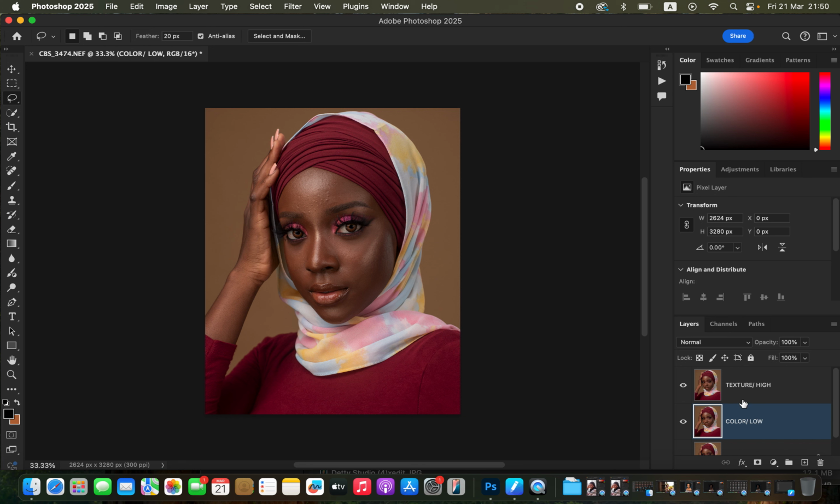But right now, these layers are containing both colors and textures. So we have selected the color layer, and in the color layer, what do we want to remain with? We only want to remain with the colors or the skin tones in this layer. So select the color layer and briefly click on the visibility icon to hide or turn off